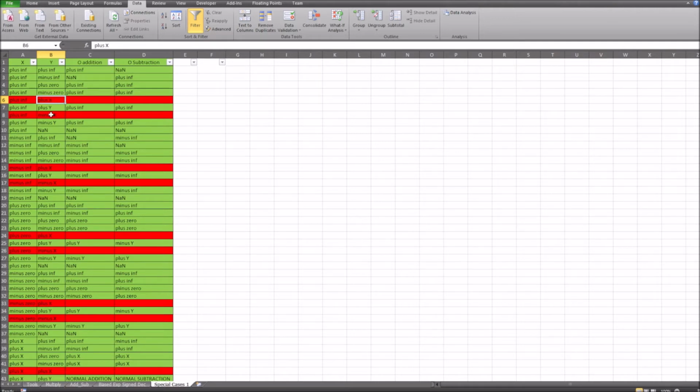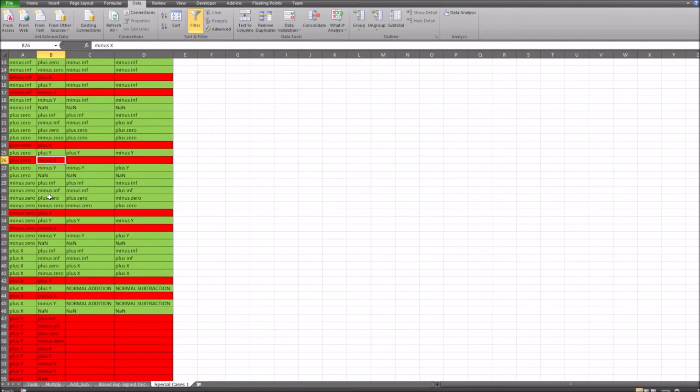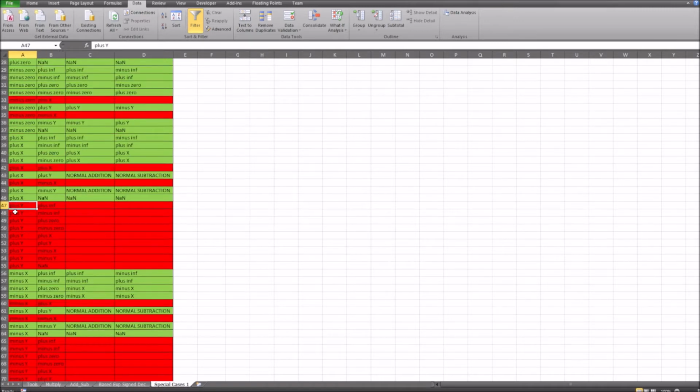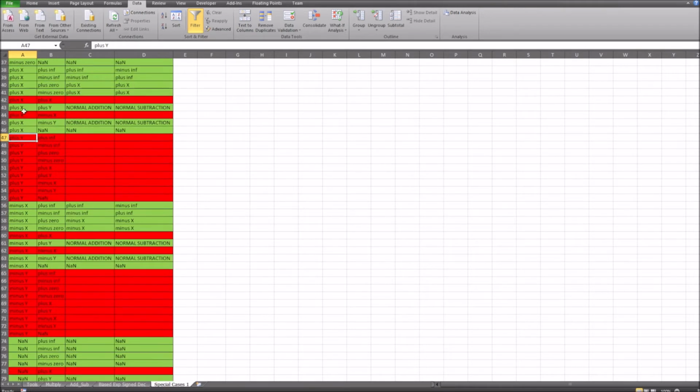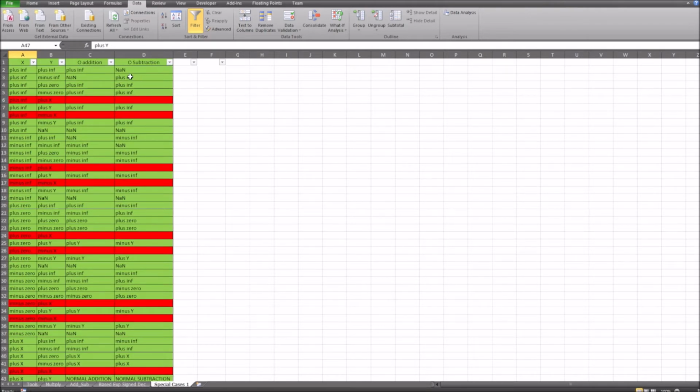So for example, this one here and this one, and you can work through and you can get rid of the ones that are just patently silly. Now we're also going to have the same thing whenever we refer to a Y value within the X input. We're not going to have a Y input into the X, so we can get rid of these as well. And if you do that, then you can go